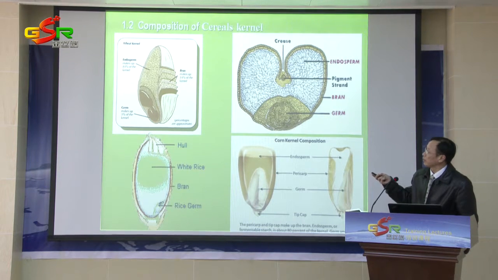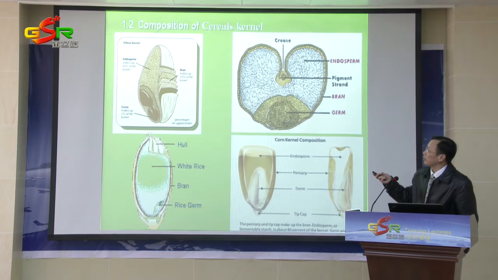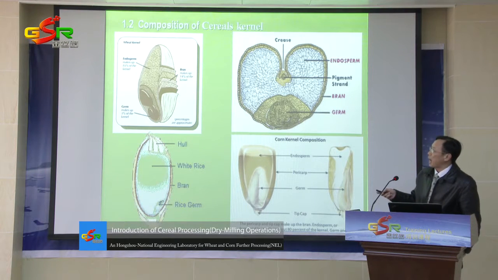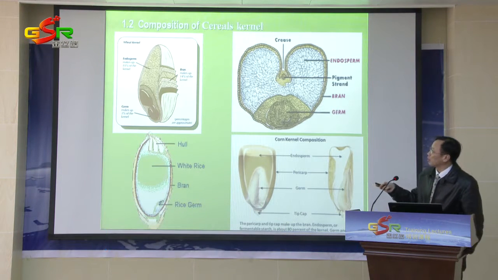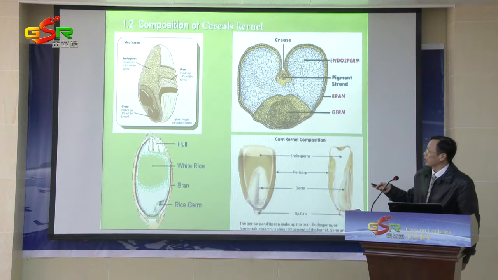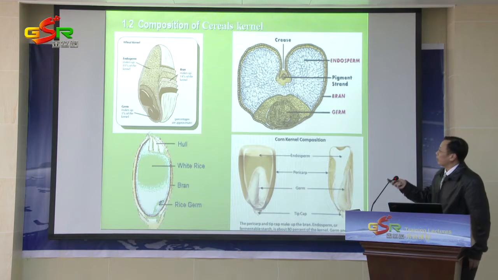And the second part is the bran. Bran made up 15% of the kernel. And the germ in the bottom of the kernel made up 3% of the kernel. And from all of these cereal kernels we can find